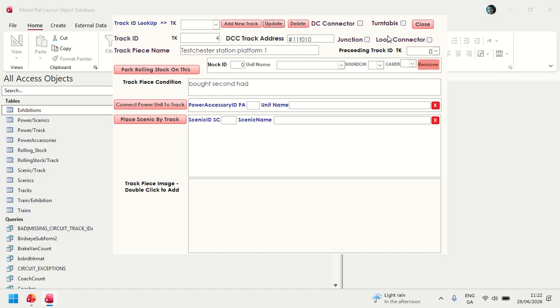So now we're going to put in the final straight section. It's going to be a short section. And we're going to call it